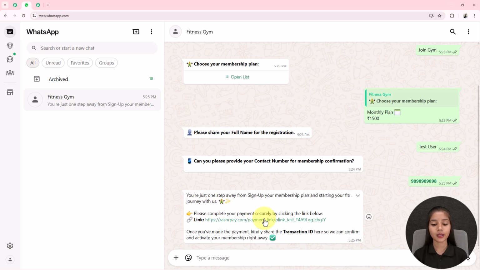Please complete your payment securely by clicking the link below, while providing me one payment link and one message, that is, once you have made the payment, kindly share the transaction ID here so we can confirm and activate your membership right away. So after doing one test payment by clicking on this link, here I am providing the transaction